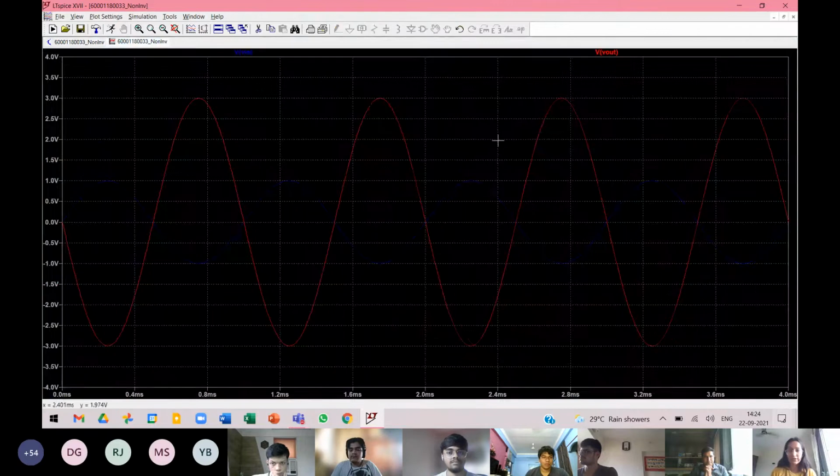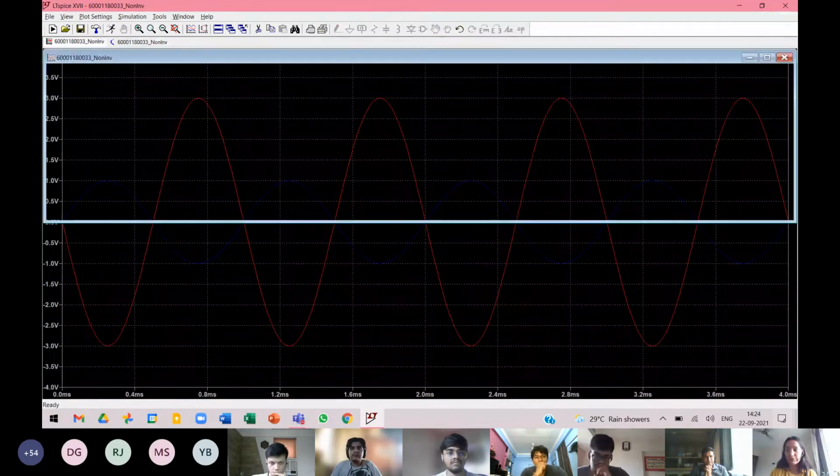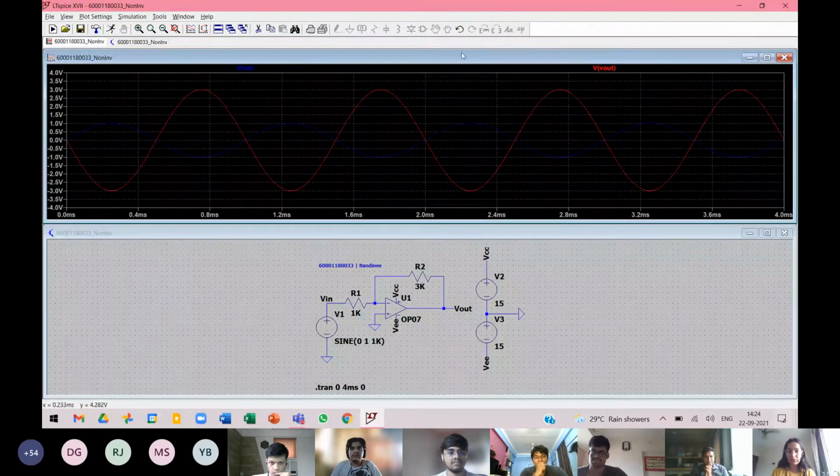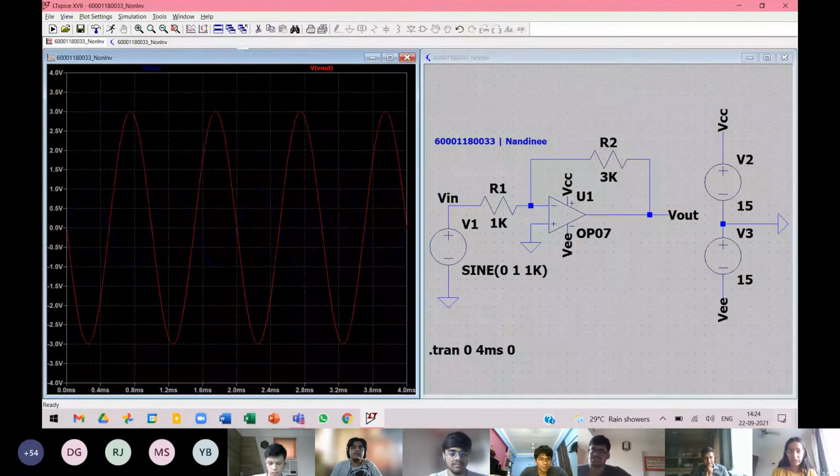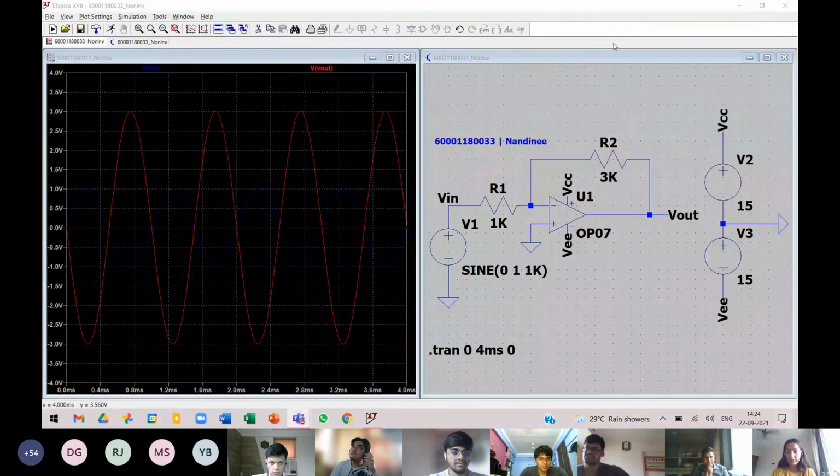And so sometimes, to get a clearer picture of how your waveform really looks, what you can do is, this is how you placed it horizontally, right? Your tiles are horizontally placed. So as per your preference, you can tile your windows vertically as well. How you do that is you go to tile windows, you right click once, and you choose tile windows vertically. Okay, press it once, and this is just how I like to take my snips for our practical